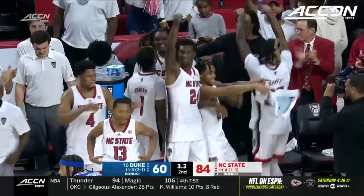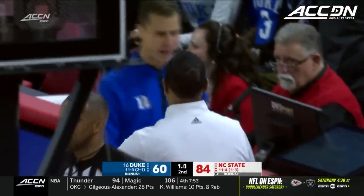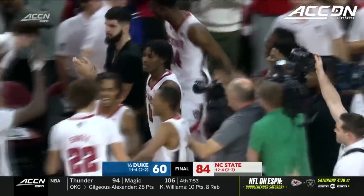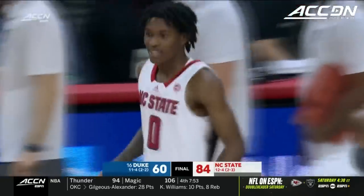And 2-2 visiting Boston College on Saturday. And NC State's going to take a whole bunch of momentum to Blacksburg, Dan. Big win for North Carolina State. Another opportunity